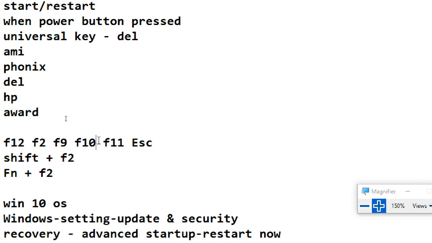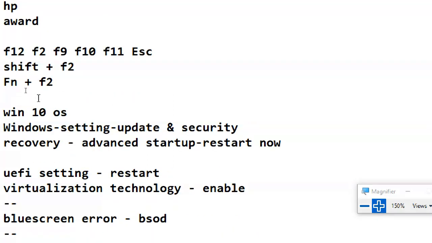These are all different keys, depending on the manufacturer of your laptop or the manufacturer of the BIOS chip. Sometimes systems work with a shift plus key combination. You have to search on Google for your system and model. Sometimes you have to use a function key to go to this. Another way we can go to the BIOS setting.